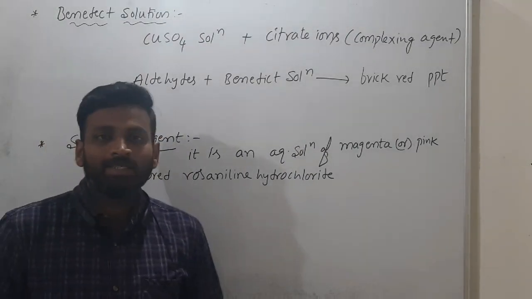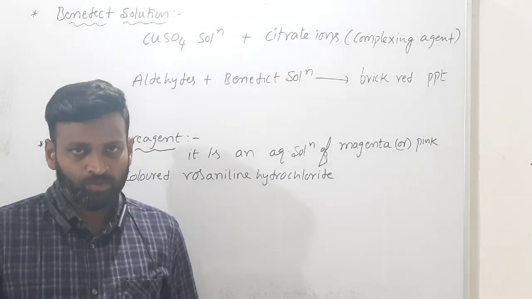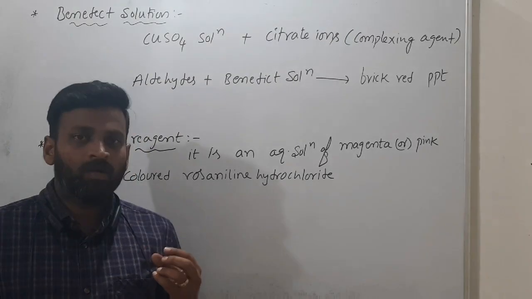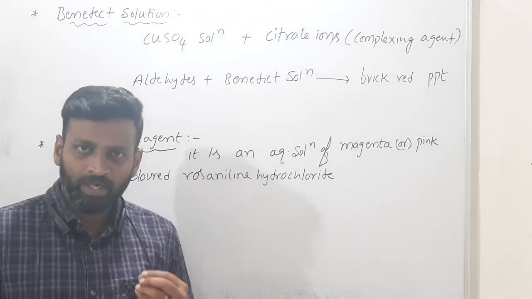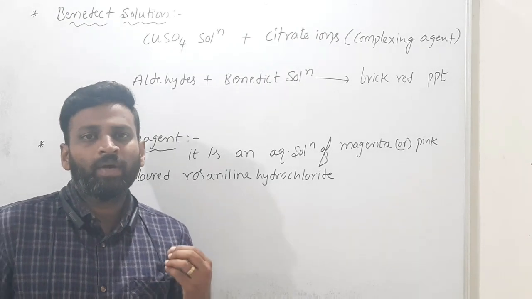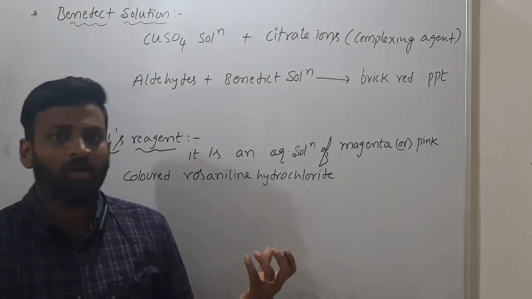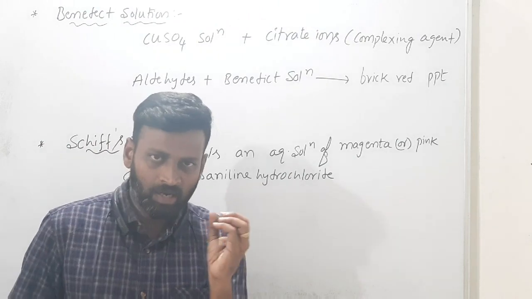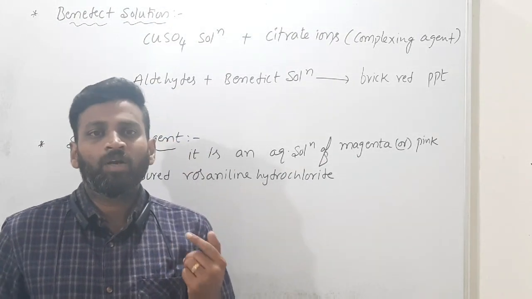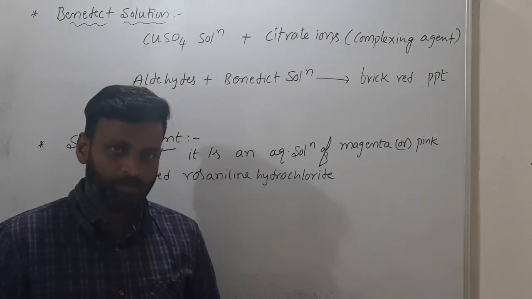So, we discussed in the previous test for aldehydes and ketones. First, I was given to identify a carbonyl compound. How to identify a carbonyl compound? For a carbonyl compound, when you add 2,4-dinitrophenylhydrazine, if you get an orange-red precipitate, then the given compound is a carbonyl compound. Later, we have to test whether the carbonyl compound is an aldehyde or a ketone.